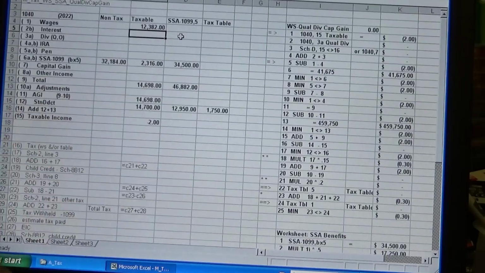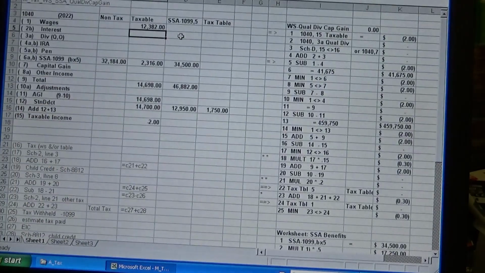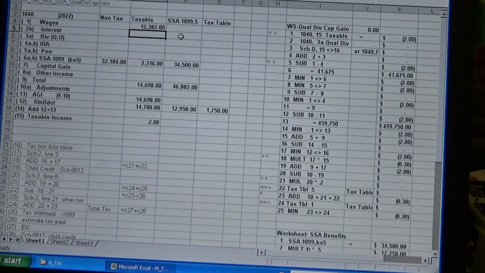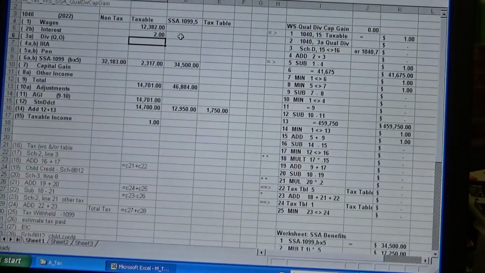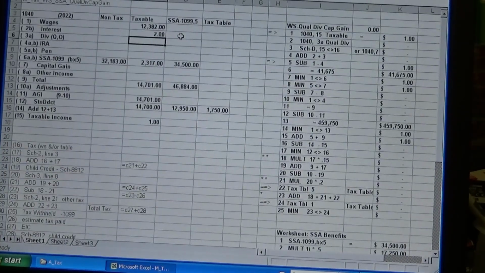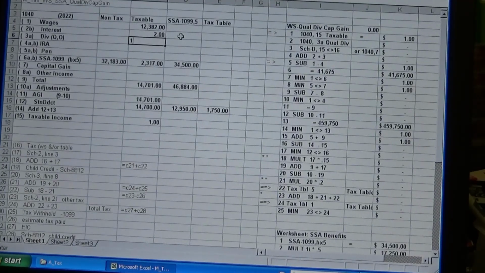out of the gross. That's quite high. Matter of fact, if I just had $2 of interest, I now have a positive $1 of taxable income. And we'll move on to where our dividend, let's see, I had